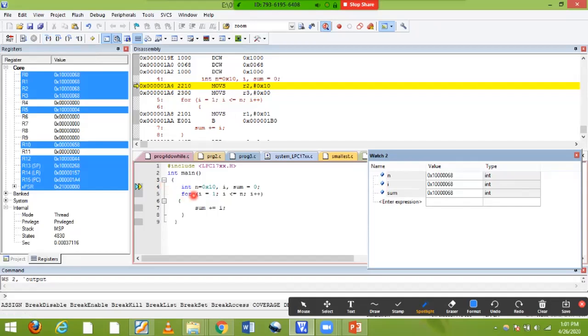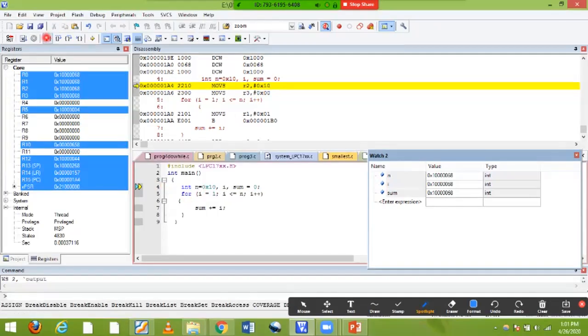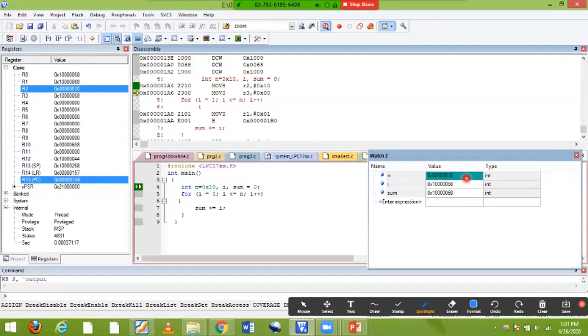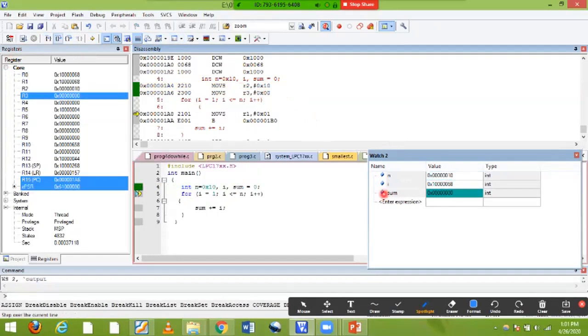First, the N value is loaded with 10, which is nothing but 16 in hexadecimal. Okay, 0x0A is loaded; in decimal it is 10. Now it is loaded into R2. Next, R3 value is 0, meaning sum; I'm going to take R3 as sum, and it is 0. You can see the R3 value, the sum, taken as 0. You can see it in the register window also, in parallel. For all three instructions, they execute at the same time.